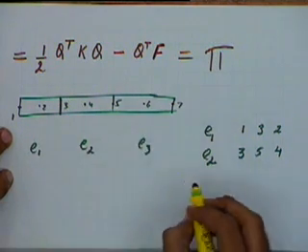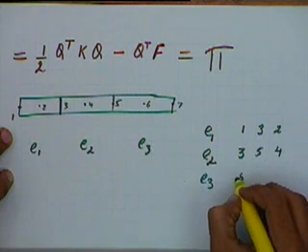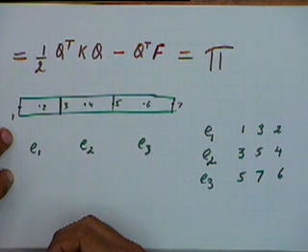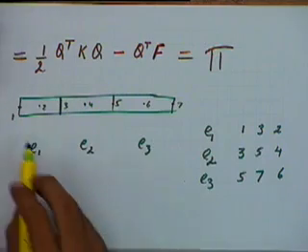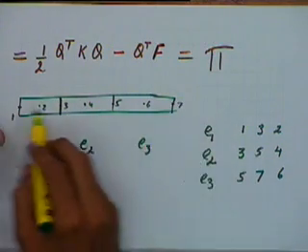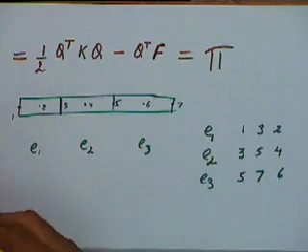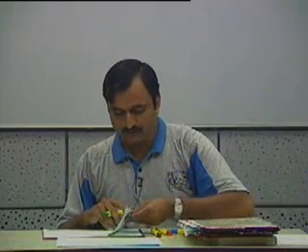Element 3 is defined between 5, 7 and 6. So my global stiffness matrix is going to have 7 locations in this case, where there are 7 nodes. So if I take all those 7 nodes,